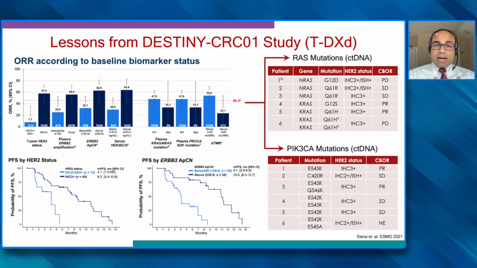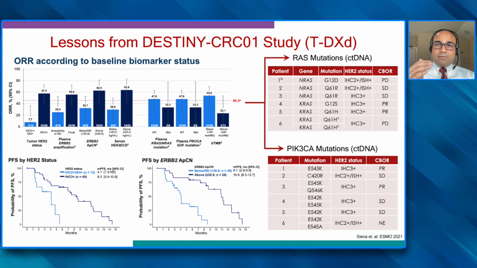But when they looked at KRAS mutant patients in this cohort, they actually found responses. And the reason why these responses are probably occurring, hypothetically, is because this is more of a targeted chemotherapy, and thereby is not affected by how much the agent is actually inhibiting the signal. Because if that was the case, then the RAS mutations are downstream of the HER2 axis, very similar to why anti-EGFR drugs don't work in a RAS mutant population.